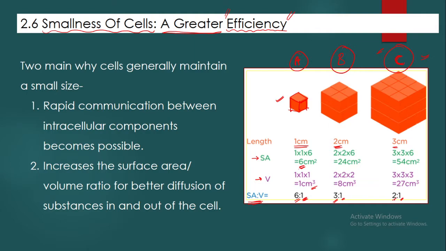So basically, as the size of the cube increases, the surface area becomes less, and if the surface area is less, the surface available for communication and exchange of material from the outside is less. Because a cell has to take nutrients from outside. For example, an RBC is going around in the veins and arteries, so it has to take oxygen and nutrients from the outside.